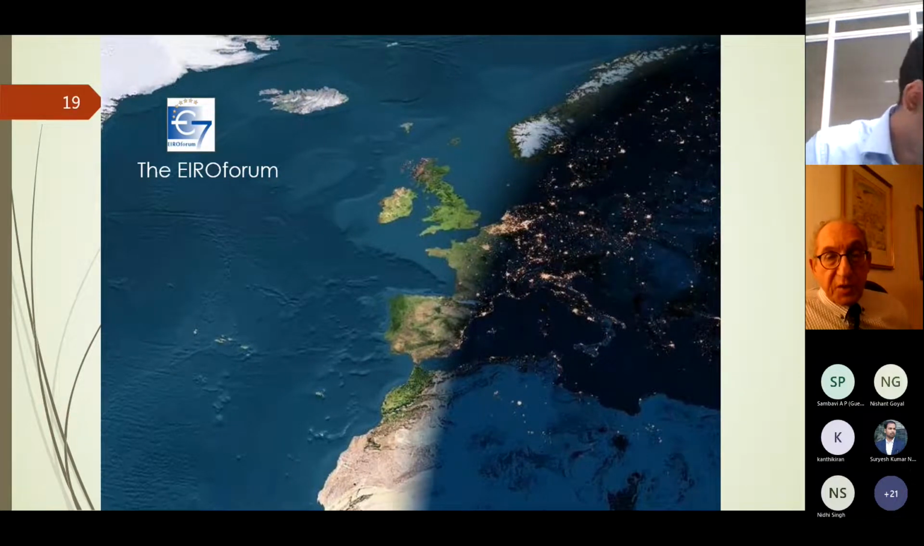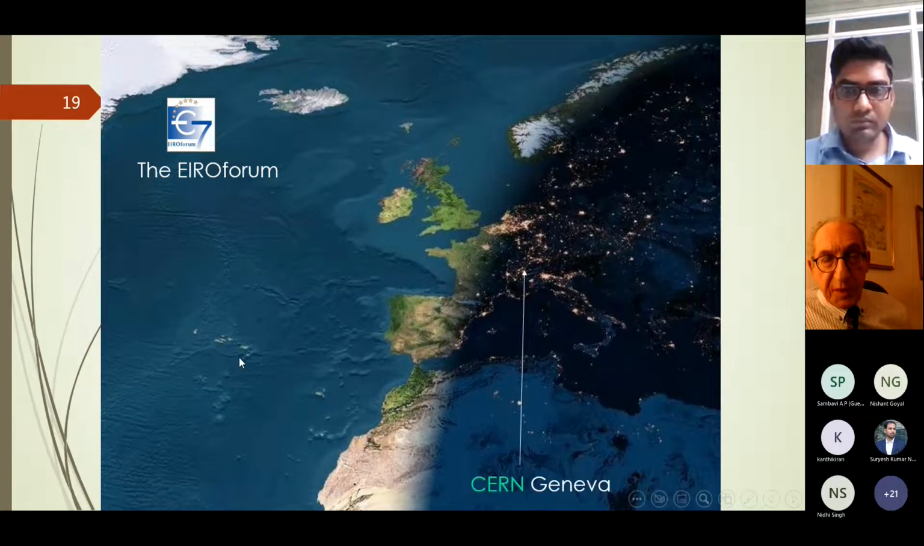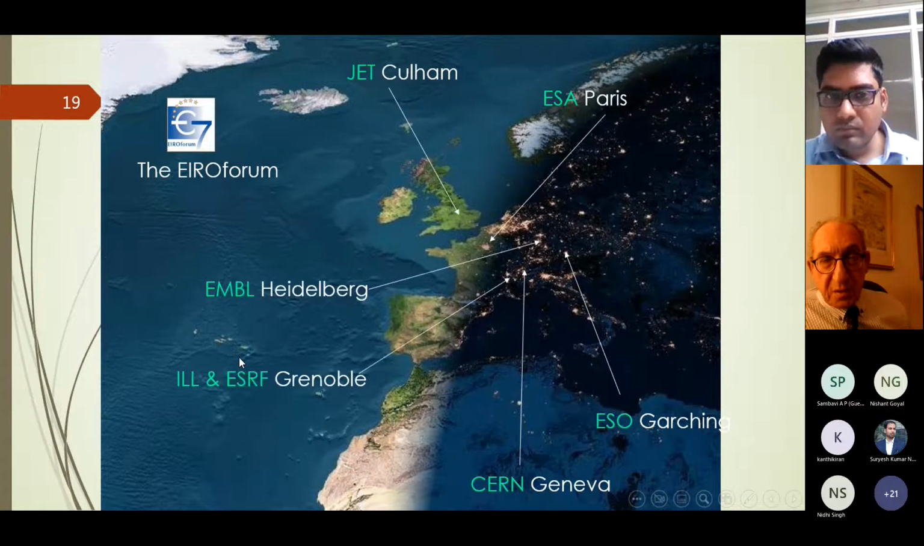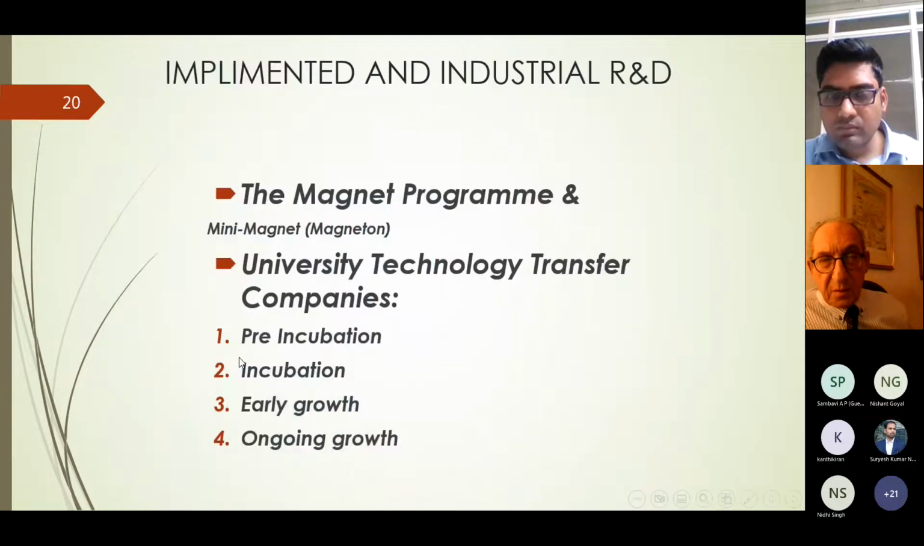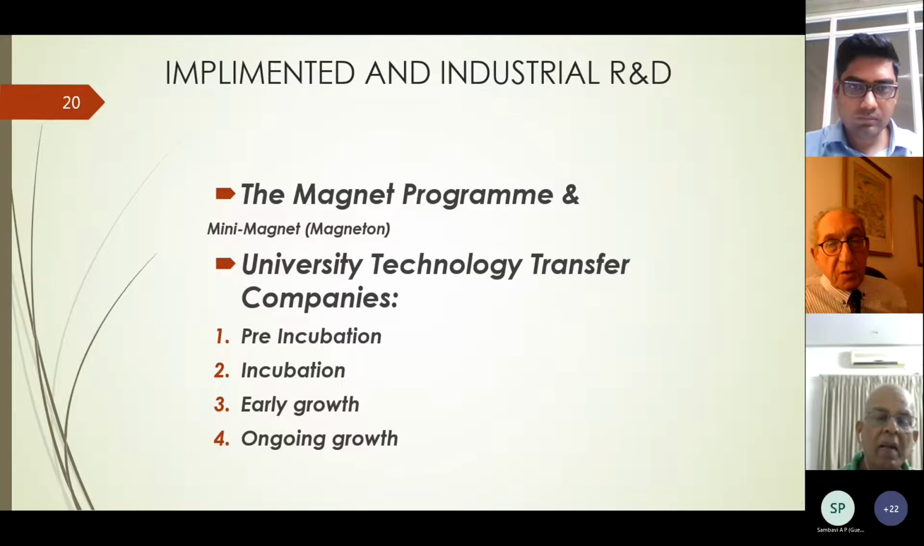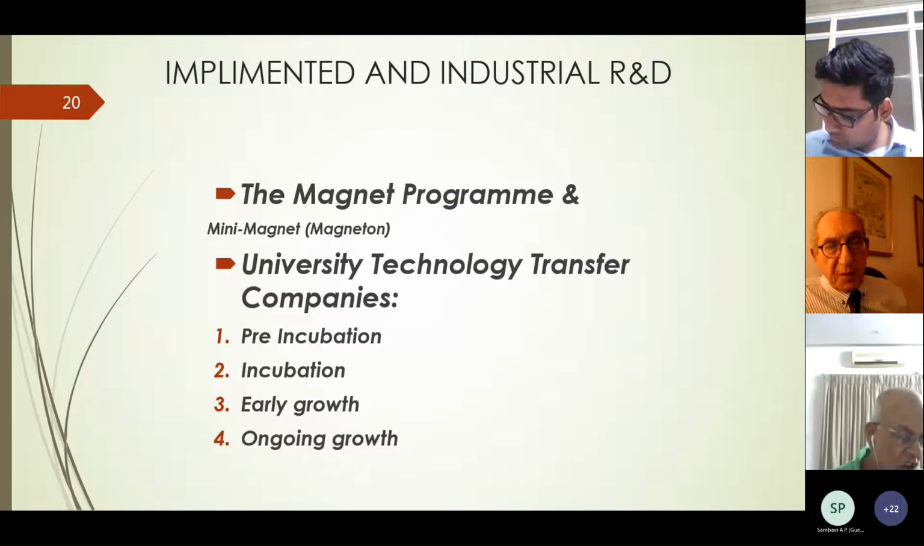So this is the map that we can see. We can see the spread of infrastructure all over Europe in which Israel is a full participant, mainly in Grenoble and CERN, as I said before. So we're talking about basic research and industrial research, and now I would like to elaborate a little on the Magnet program, which combines industry and academia together. It is run by the Innovation Authority, which